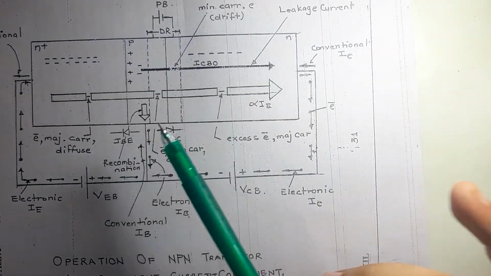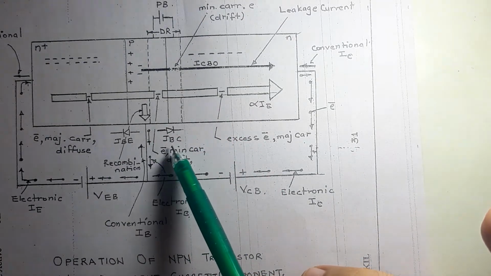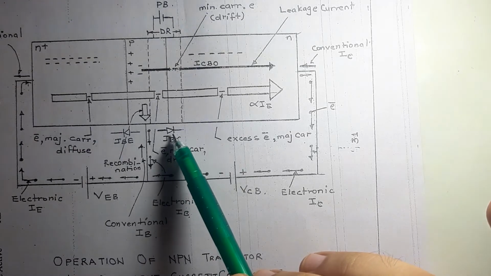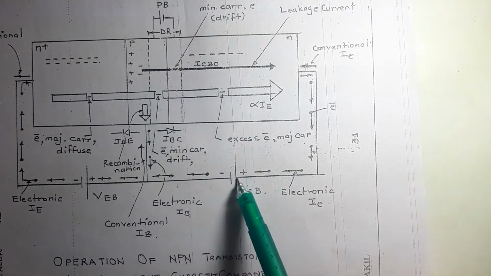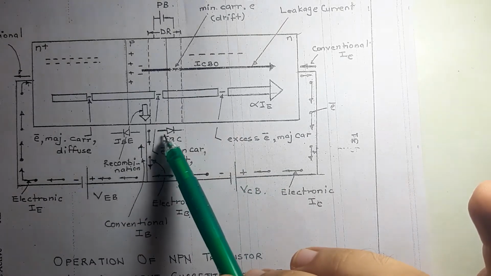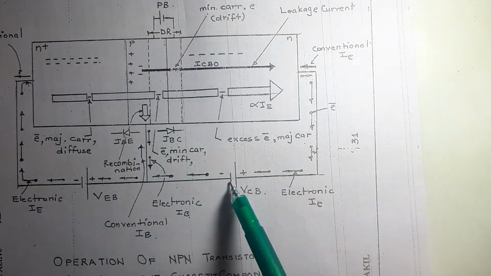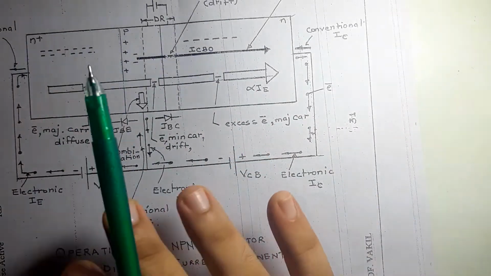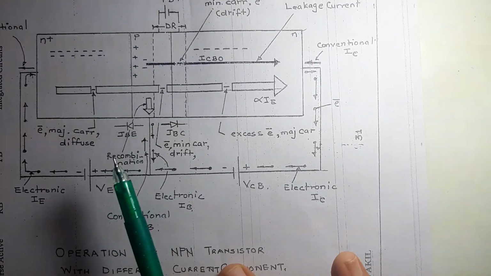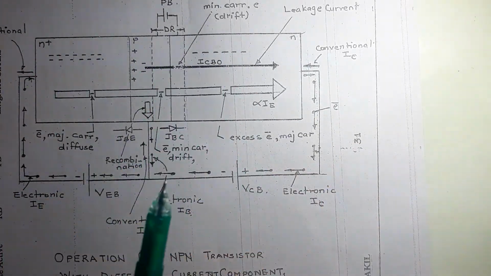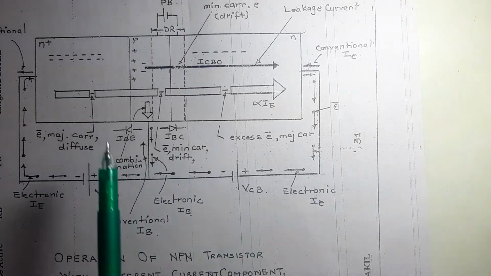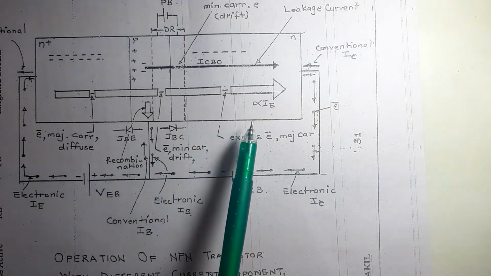Similarly, here when you want to configure JBC as reverse biased, that means you will give a criss-cross connection. That means you will connect the negative terminal towards the positive terminal, and you will connect the positive terminal towards the negative terminal. Now in the given figure over here, VEB and VCB are used to make JBE forward biased and JBC reverse biased.